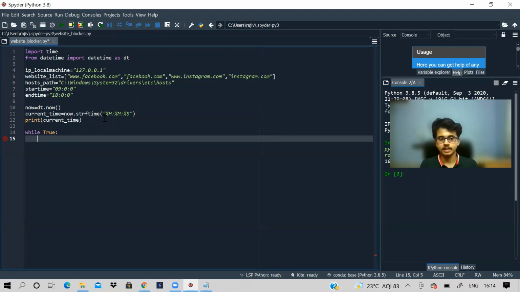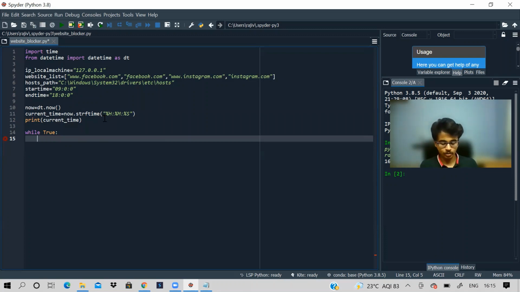What is the process? First of all, we'll check what our current time is. If our current time is in the working hour period, then we should write to the host file all the websites that we want to block. If it is not in our working hours, we should delete all the information in the file so that we don't block the websites.